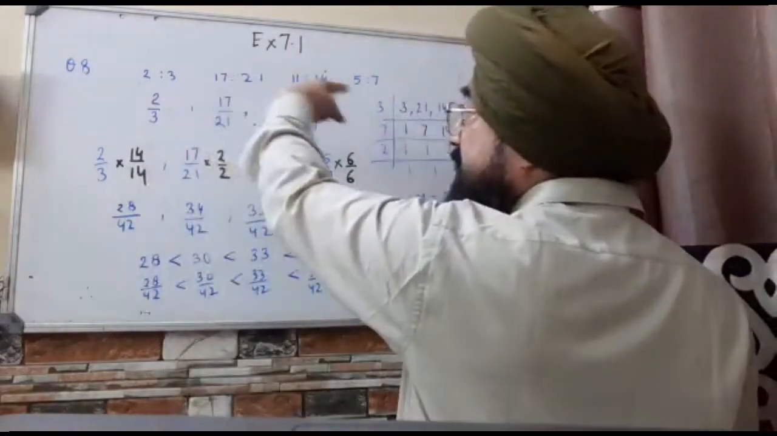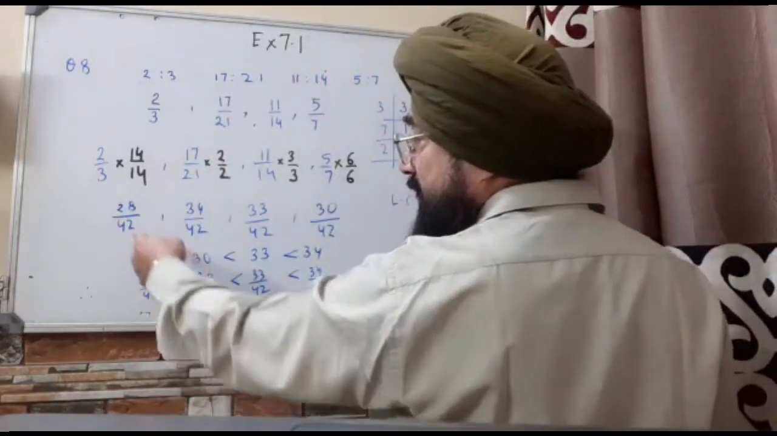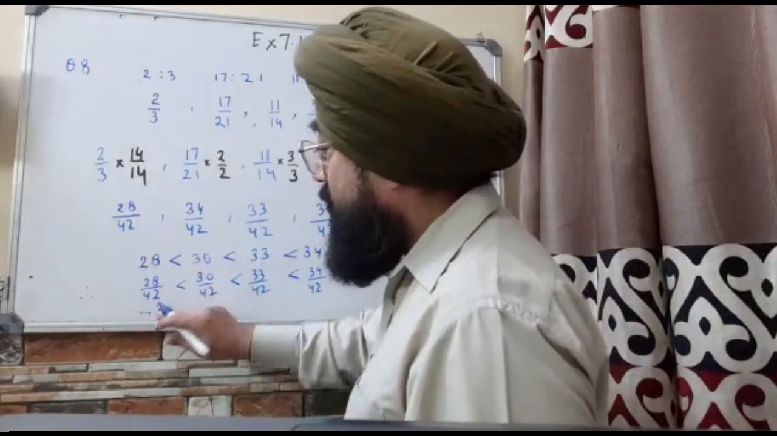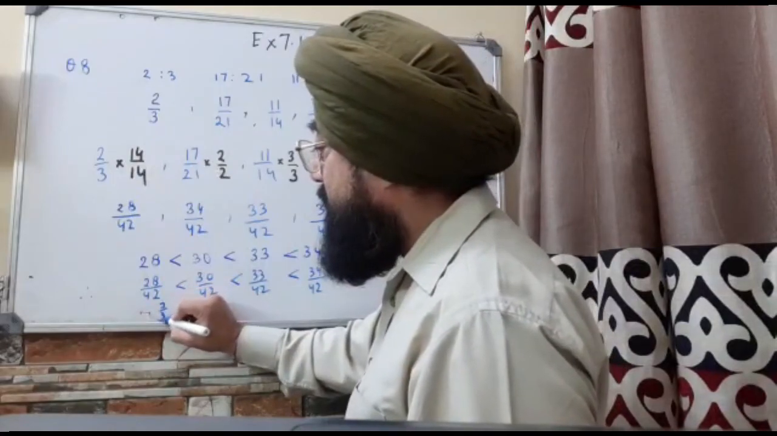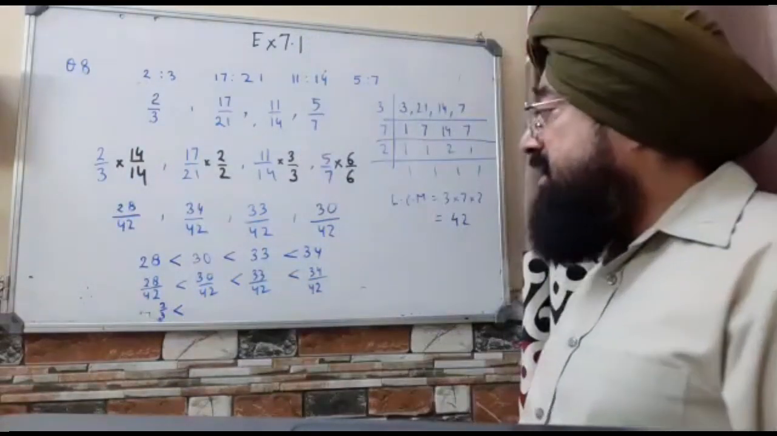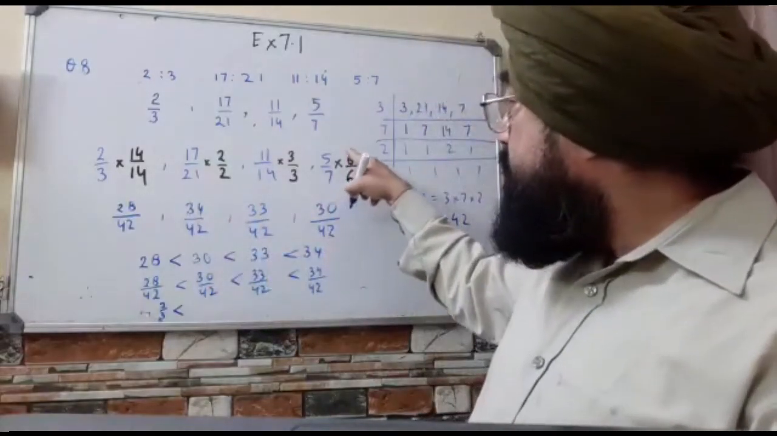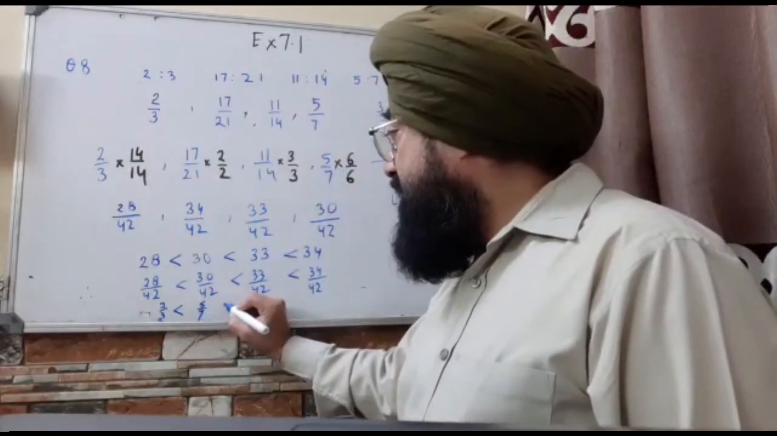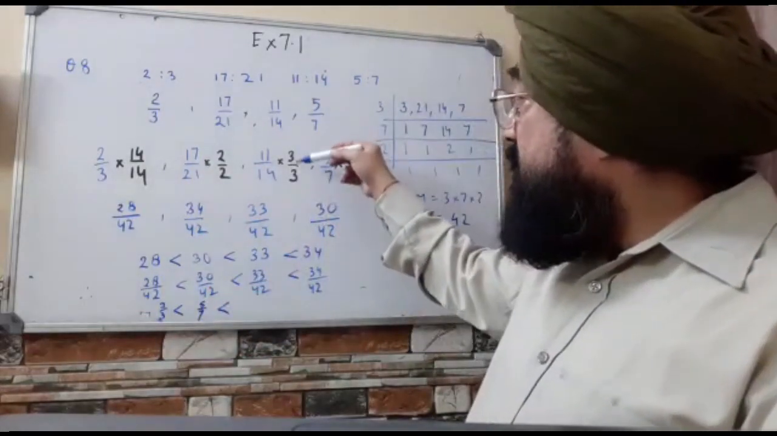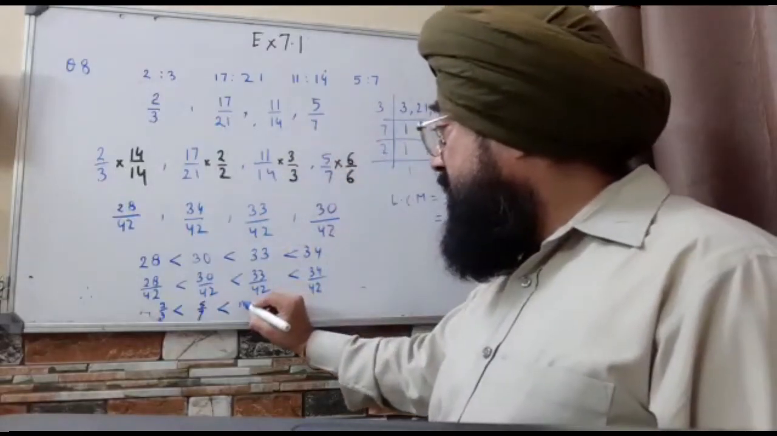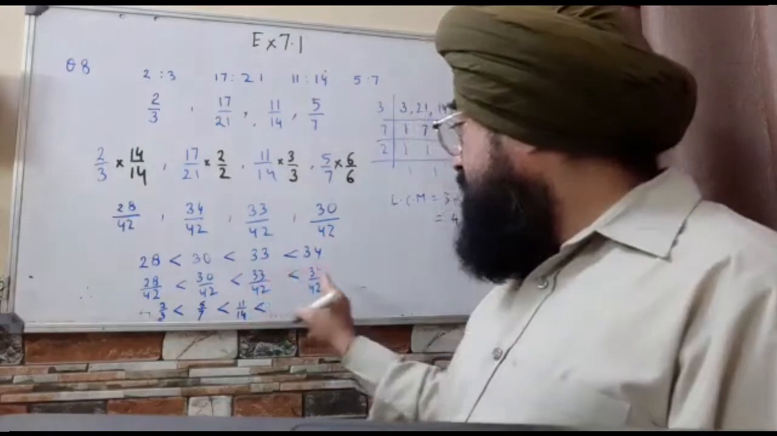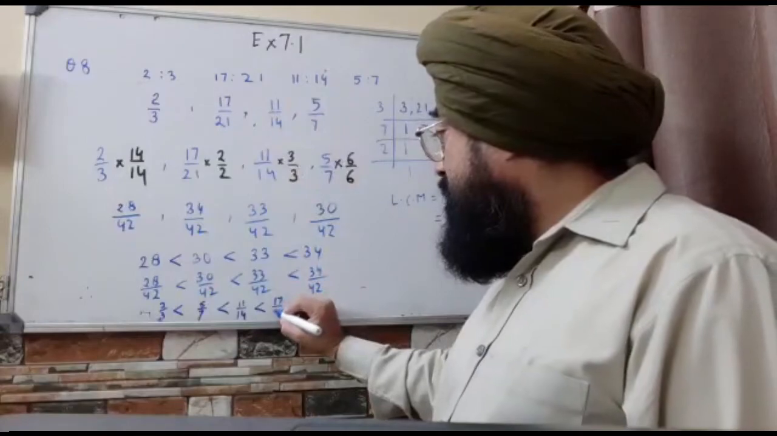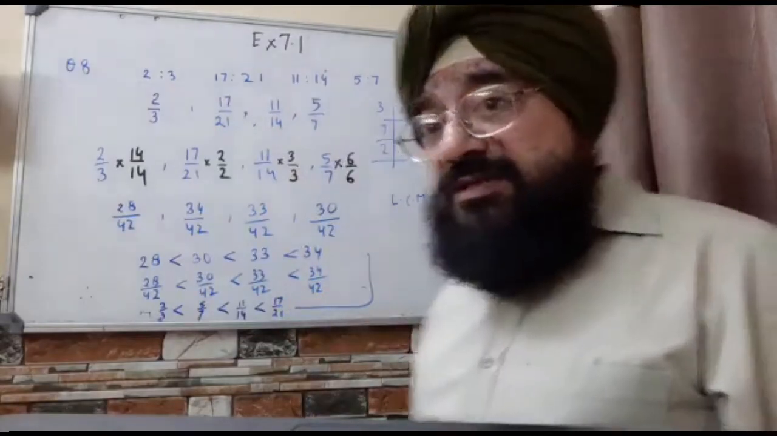That is the first given ratios. 28 upon 42 was 2 upon 3. So 2 is to 3. So 2 upon 3, I'm writing it like this, is smallest, and 30 upon 42 was 5 is to 7, 5 upon 7. And which was less than 33 upon 42, 11 upon 14. And which was less than 34 upon 42, 17 upon 21. So you can see, because they want us to compare the ratios,